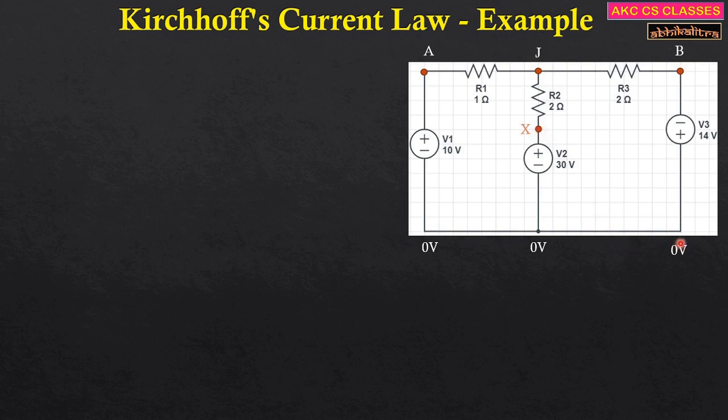And again, in this particular case, here 0 volt, if I move in this direction, then again I encounter a voltage source, and I am moving from the positive to the negative plate. So when I am moving from the positive to the negative plate, that means there will be a drop in the potential, or a drop in the voltage. So what will be the drop value? The drop value will be minus 14, or the potential at B will be equal to minus 14 volts.